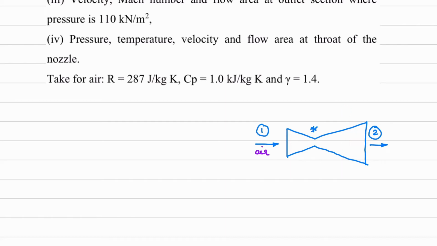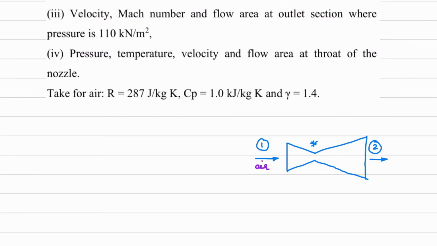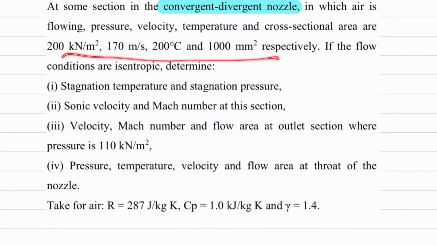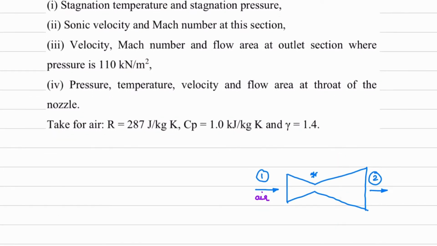To answer this, we can find the Mach number. If Mach number, suppose for example, is less than 1, so the section will be in which section? Convergent or divergent? So the air will be in convergent section. If Mach number is 1, then the air will be at throat section. If Mach number is greater than 1, then whatever properties are given in the question, that section may be in the divergent part.